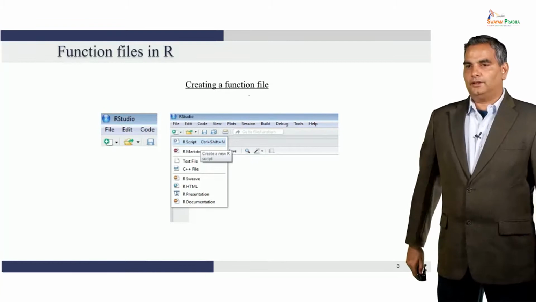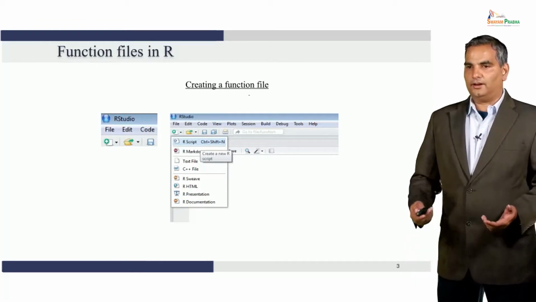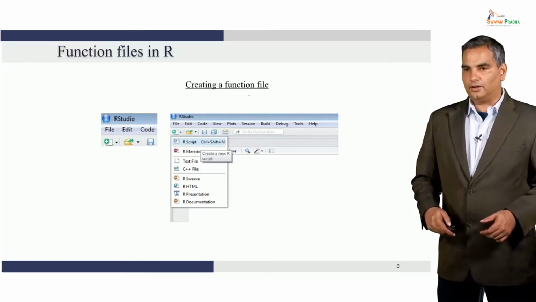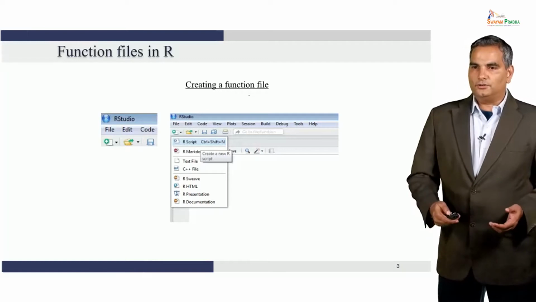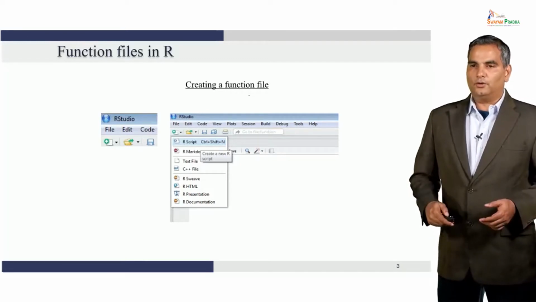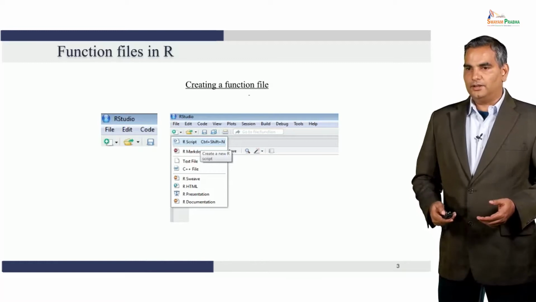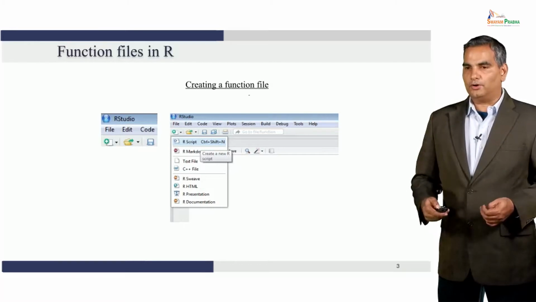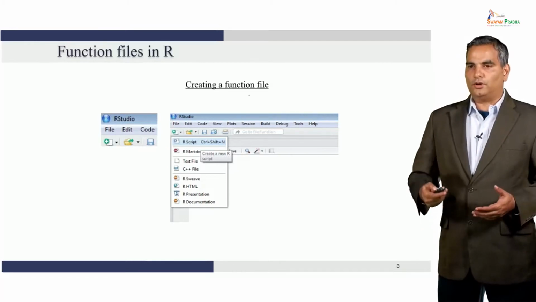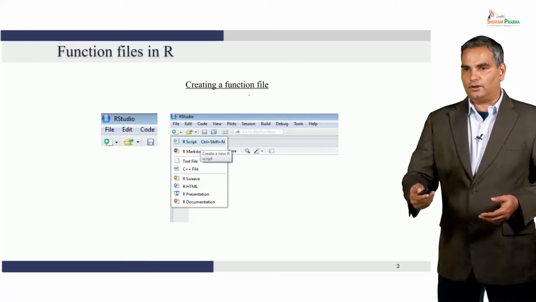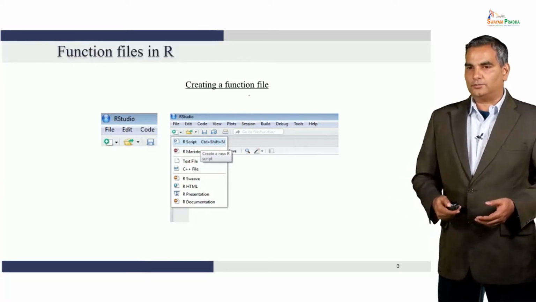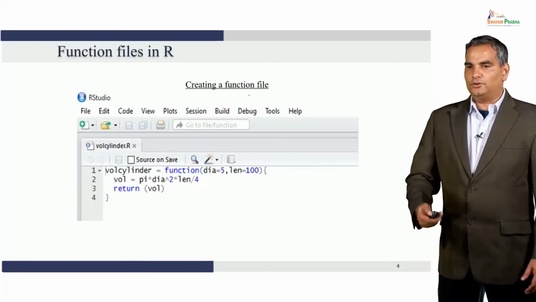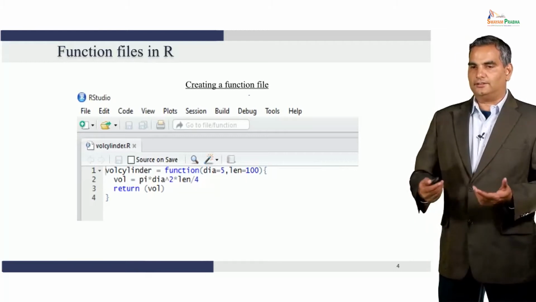The very first step in creating a function is to create an R script, and we had seen this in the very first part of our teaching here. What you do is you look at RStudio, go to the File tab, look at R script, and then start creating a new R script. In the previous module, I had shown that there are two ways of doing it. One is you could go directly to File and do this, or you could use the tab right below and get the R script going. Once you have the R script going, you start typing the text that is the function.